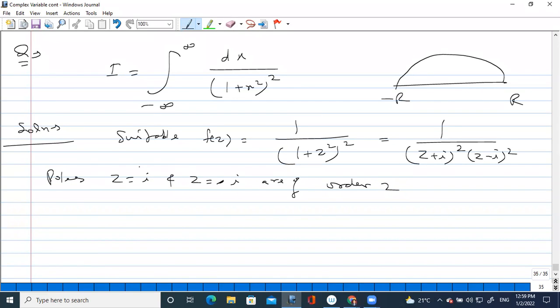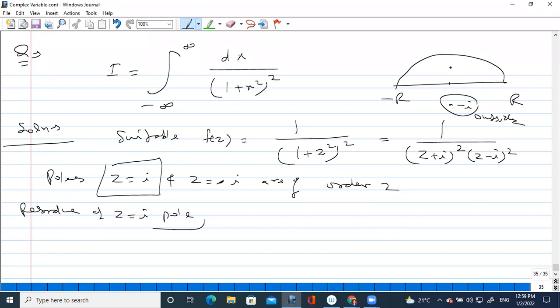So what you can do, and z equal to I is where? It is here. Z equal to minus I is here. So this is outside. So we will leave it. Only this one we will consider. So residue at z equal to I pole, that will be the residue will be